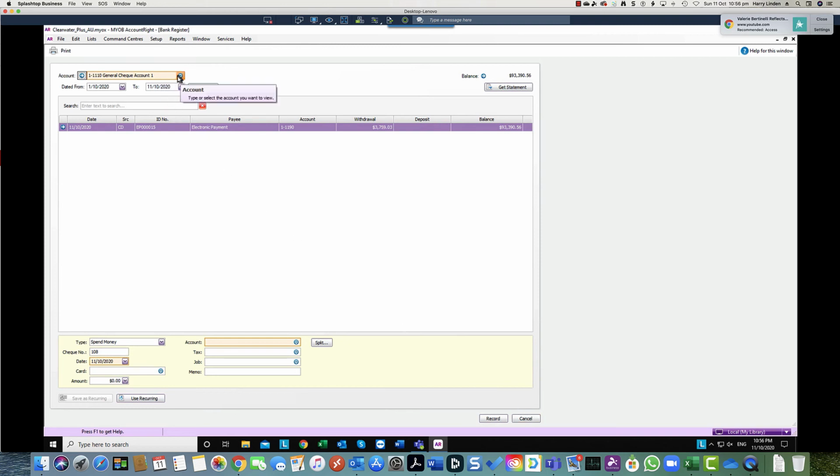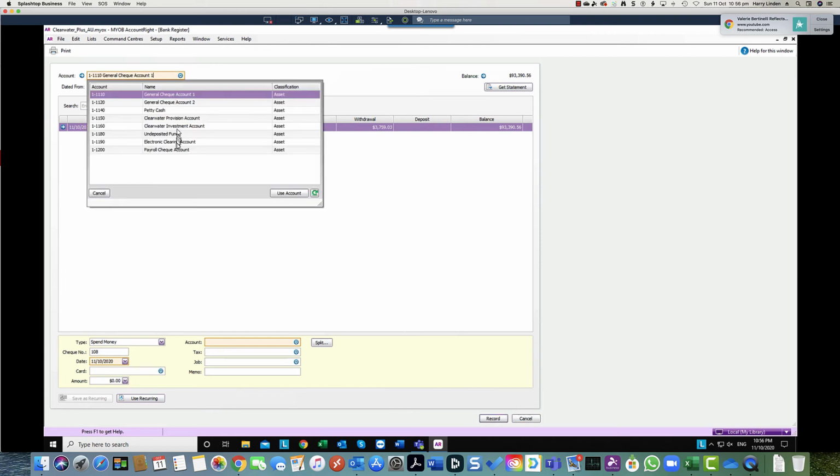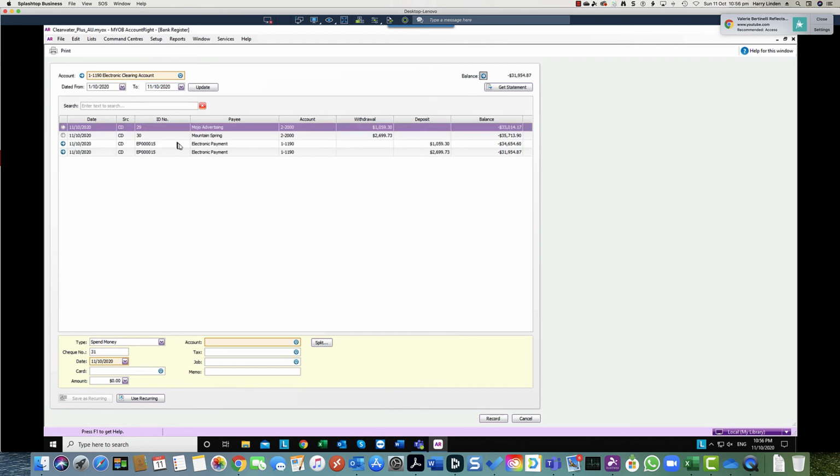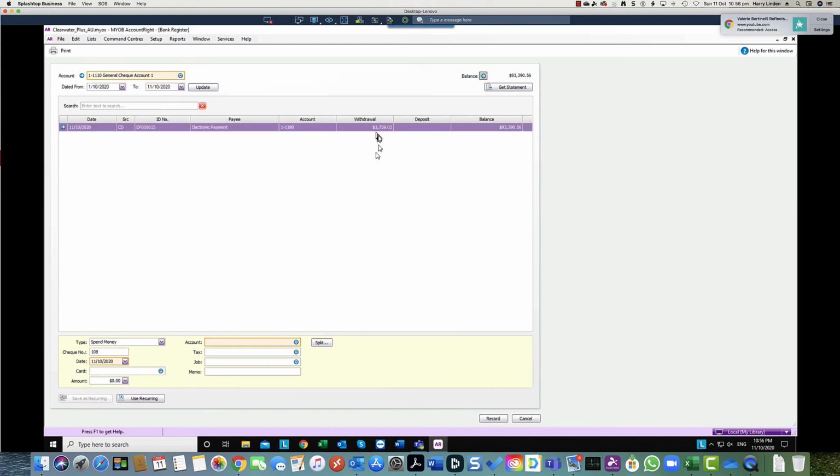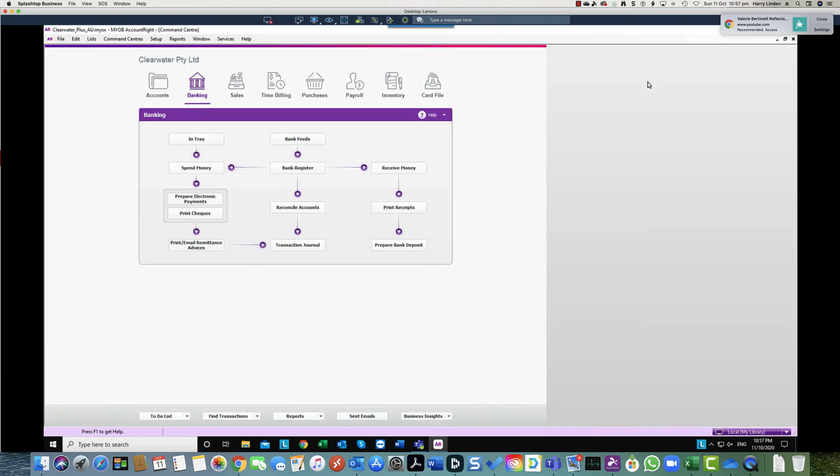If you now look at what happened in the electronic clearing account, you'll see that we paid those two invoices, and we've cleared those two out by this entry here, which summed them together and created a single line item in your main bank account. So those two entries there have created a single line item in here. Okay, so